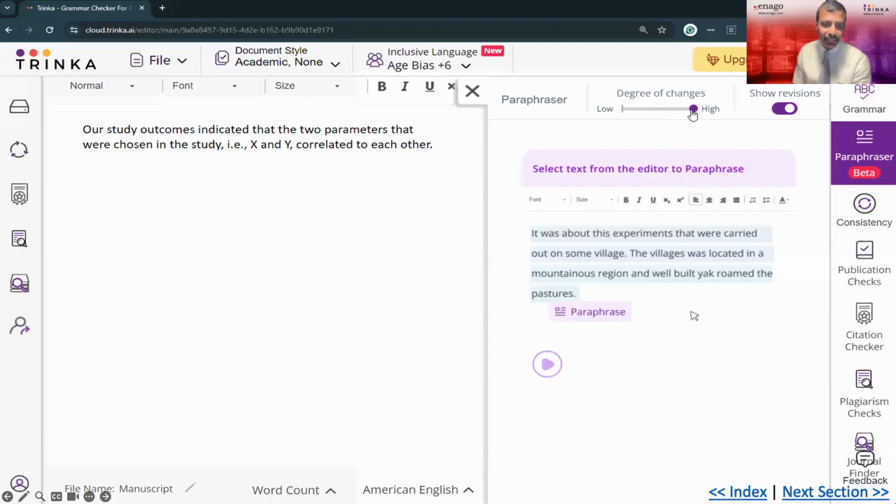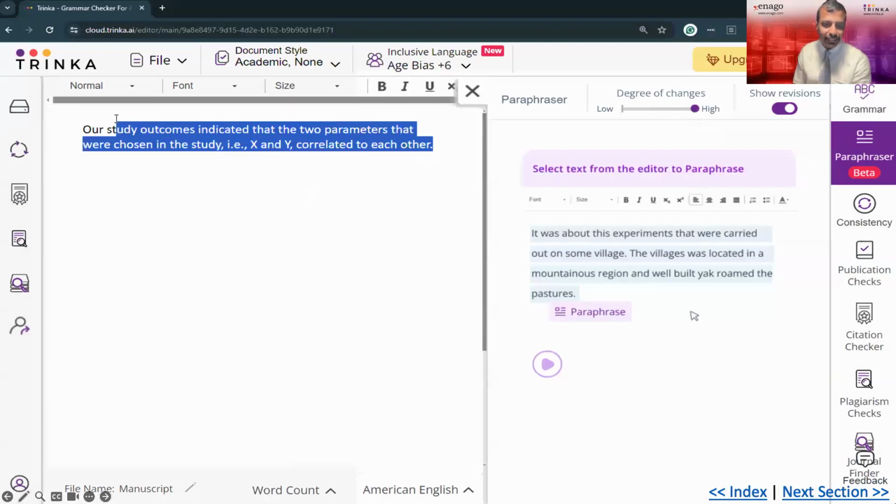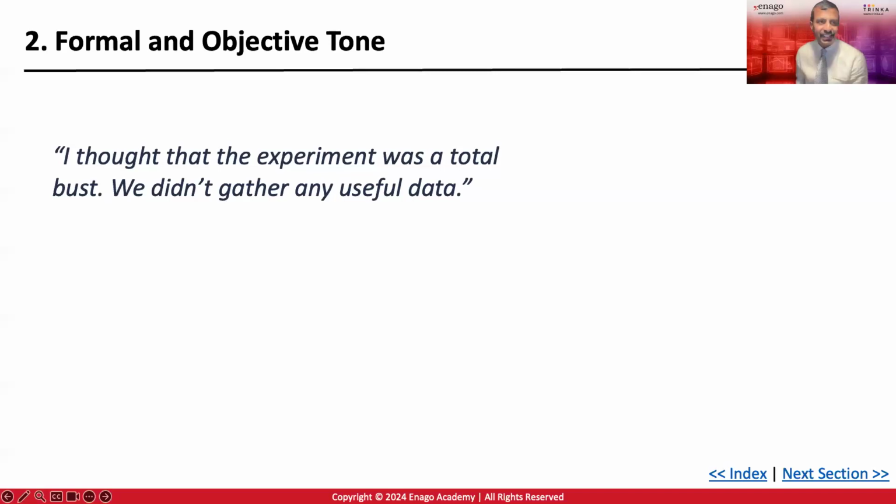Now I'm going to go to the next example. There are some fun examples. Now this is, the theme is formal and objective tone. Again, the same exercise. What can you improve in the text from the point of view of academic writing? I'm waiting for some responses. You've already been very